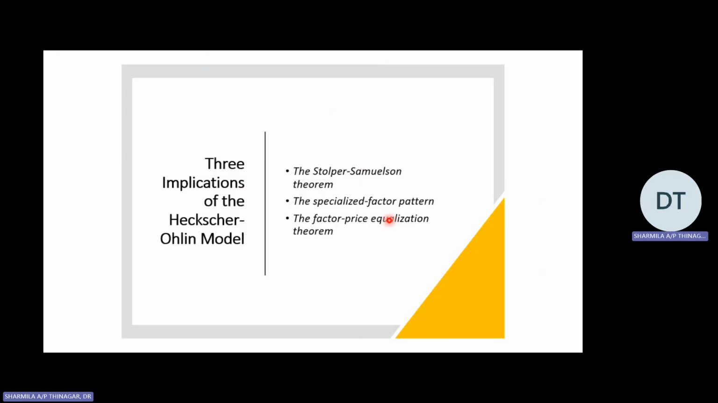Okay, so under this Samuelson theorem, they say that change in the relative prices will